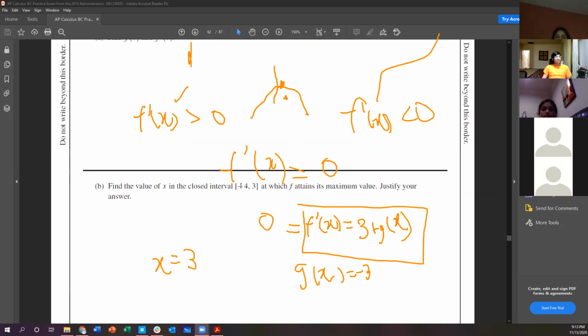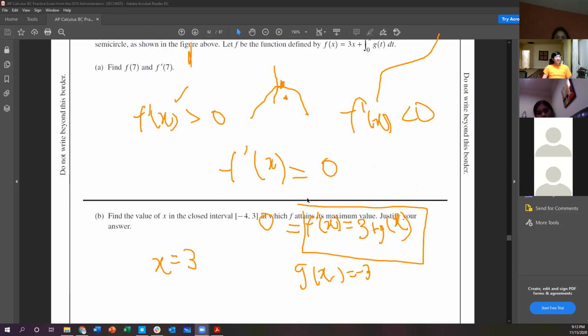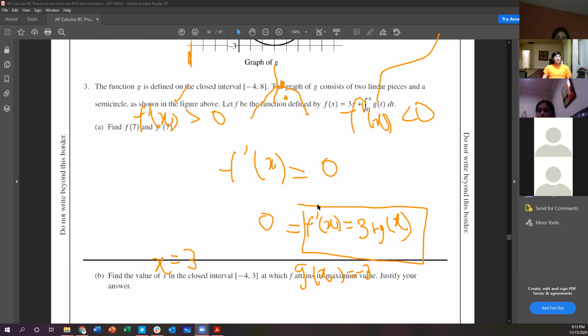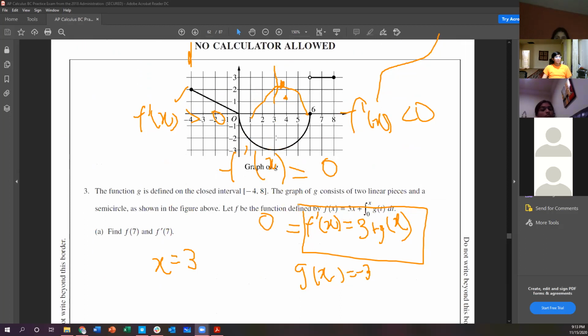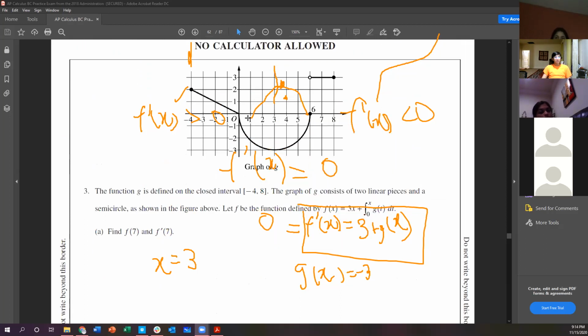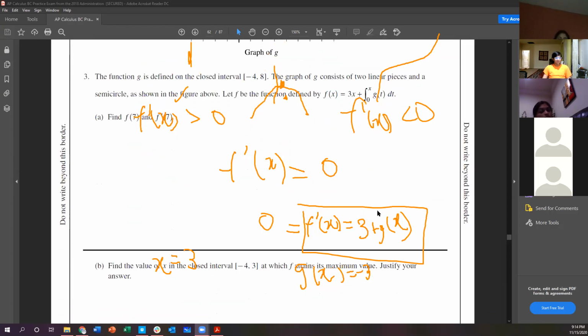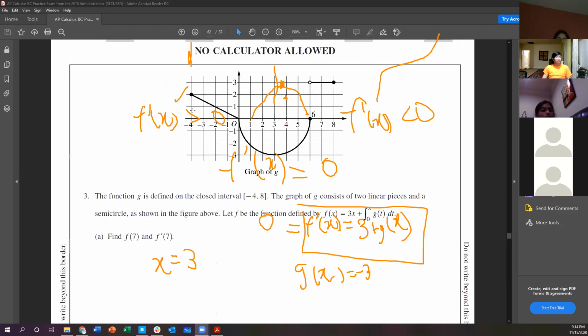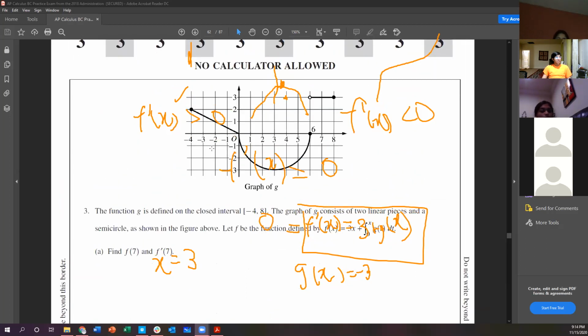And it says find the value of x at which f attains its maximum value. So when does it attain its maximum value? It can't be here. It's not when f of x equals 0. That means it has to be one of the endpoints, correct? And that's my extreme values theorem. That means it has to be one of the endpoints. So from -4 to 3. So that means from where we have -4